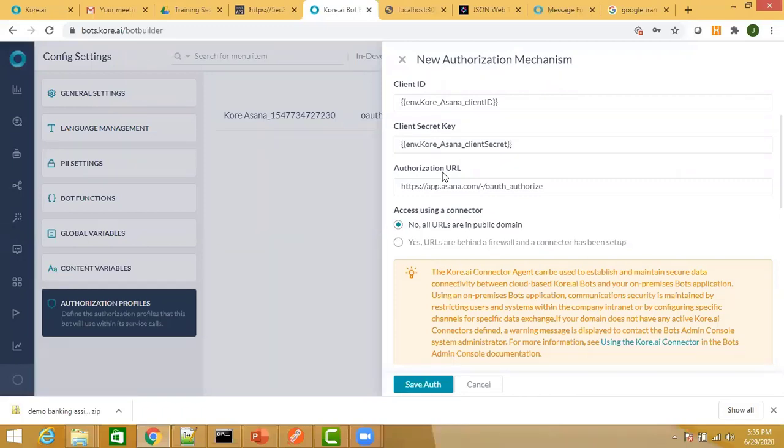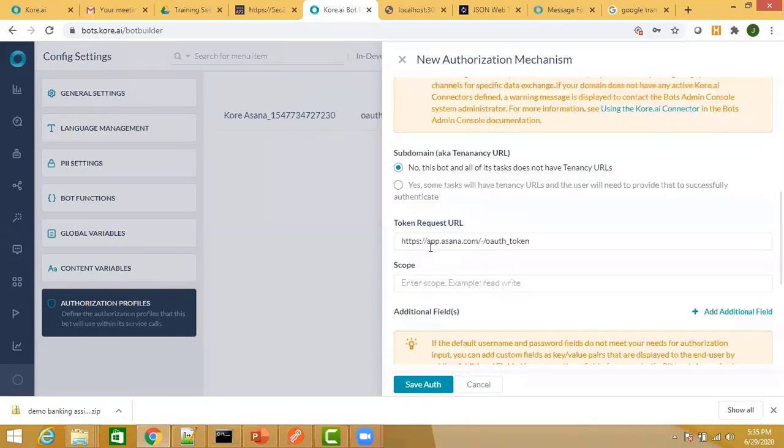Okay, so whatever API you are calling, if that API requires some authorization, then the service provider will give you the details of that authorization. Okay, so the authorization URL has to be provided by them who is giving you the API. Okay, similarly, if there is some token which is required, authorization token, so that has to be provided by the service provider.